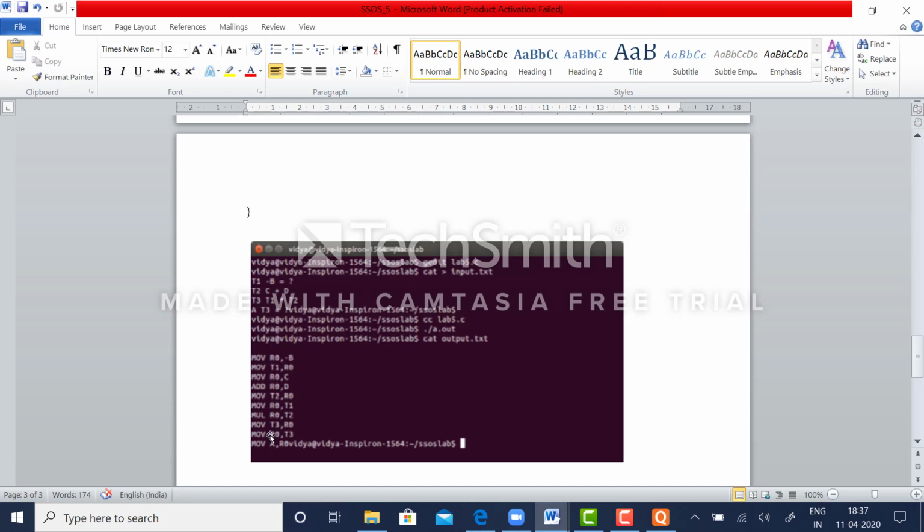You have to move T3 to R0 and finally move R0 to the variable A. So this is the intermediate code which is generated for the three address code or triple. This is the triple for the expression A = minus B star C plus D.